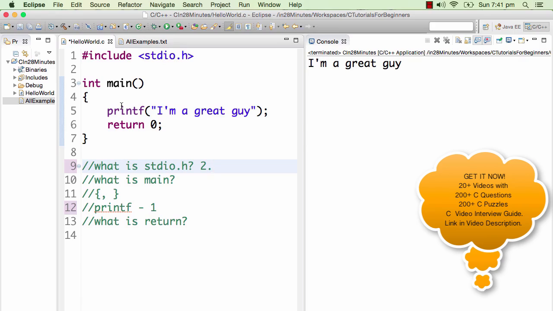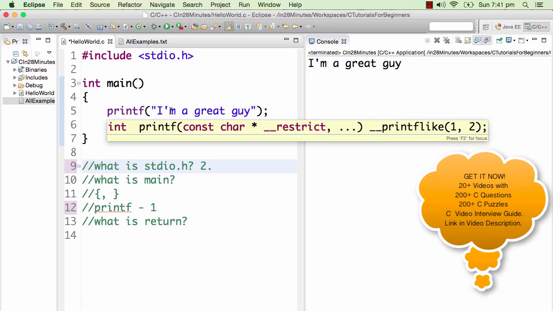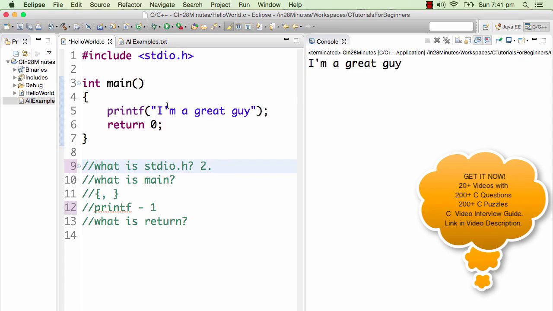I said printf would print this to the console. So whatever you put in here is printed to the console by printf. But where is the code for printf written? That's written in this particular file